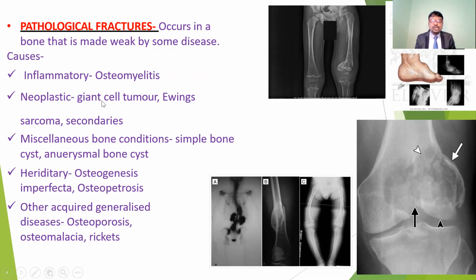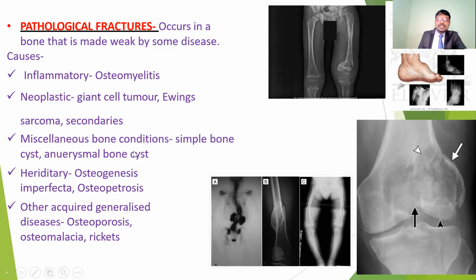Coming to the next one, the neoplastic giant cell tumor. If you see the extra growth, bone tissue and bone tumors are going to be formed. Because of the extra tissue formation and bone growth like tumors, they may get fractures. This is also a very important one, and may cause severe complications because of the tumors. Even if not treated properly, they may even die because of these tumors. Also Ewing's sarcoma and some other secondary complications may give fractures.